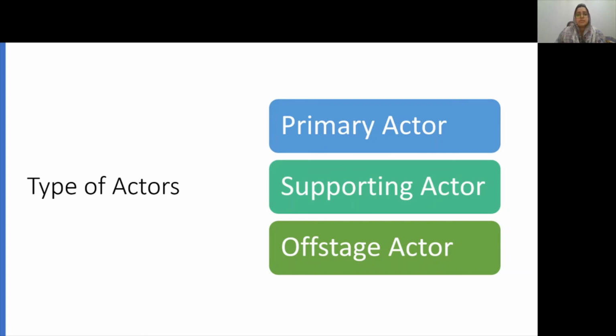An offstage actor neither fulfills a goal nor provides a service to the system, but it's an actor who has an interest in the behavior of the use case, but is not a primary or supporting actor of the system. So, for example, in the payment module, a government tax agency is interested in the payment use case, but the government tax agency neither is fulfilling the goal of the payment nor providing any services for that use case. So in this scenario, the government tax agency will be our offstage actor that is just interested in the behavior of our use case.